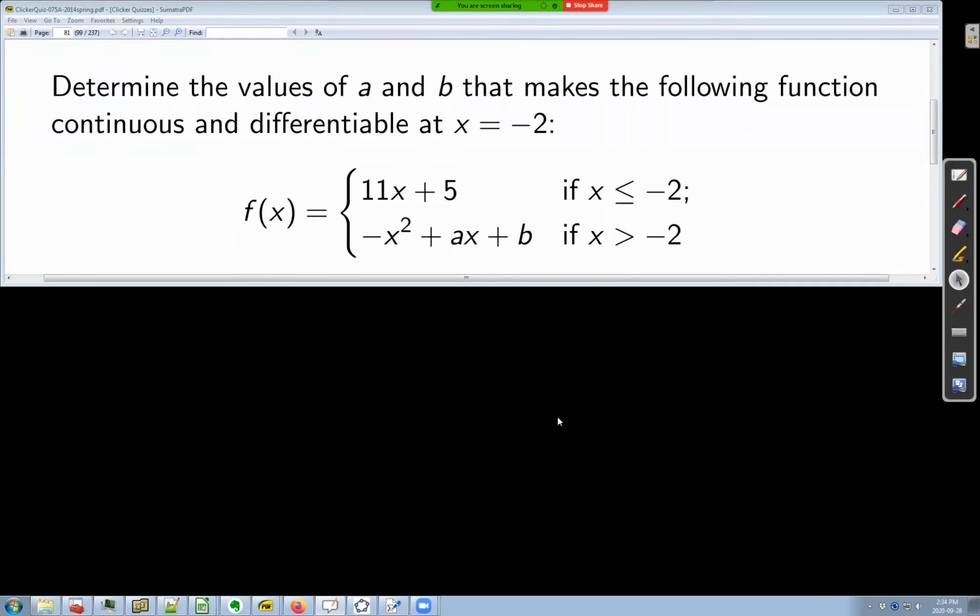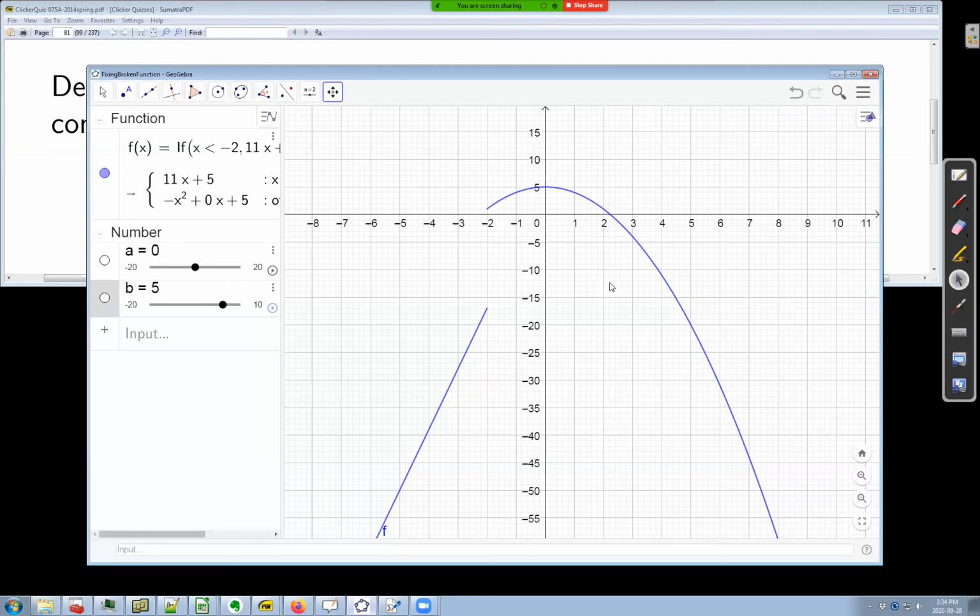So it's really helpful, I think, to look at a picture of what's going on. Here's the left part of the function. The left part of the function is just a straight line with slope 11. But it stops, remember, when x is equal to -2, because -2 was the place where the piecewise defined function changed. So the left part is just a straight line, no problem there. And then the right part is a parabola,